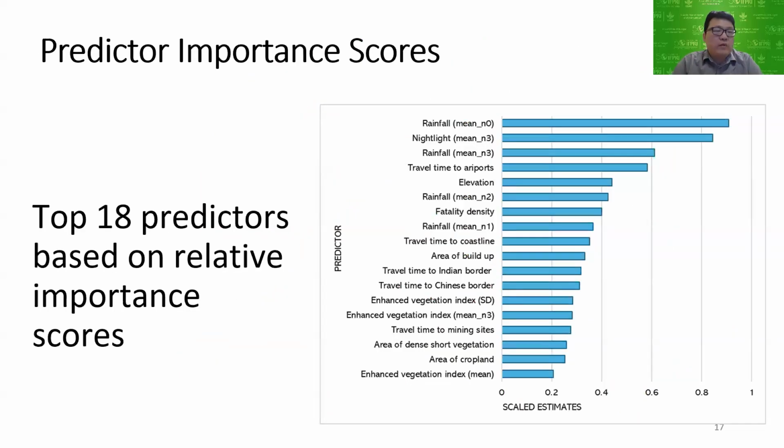This slide shows not just the results; we also want to investigate which variables are more influential in terms of prediction. It helps us interpret the model behavior and offers more insights for policymakers addressing food security issues. As you can see, the rainfall data, for both the survey time and the previous months, are strong factors in the food consumption prediction. However, I also want to emphasize that besides the remote sensing data, data sets like travel time to the airport, which is